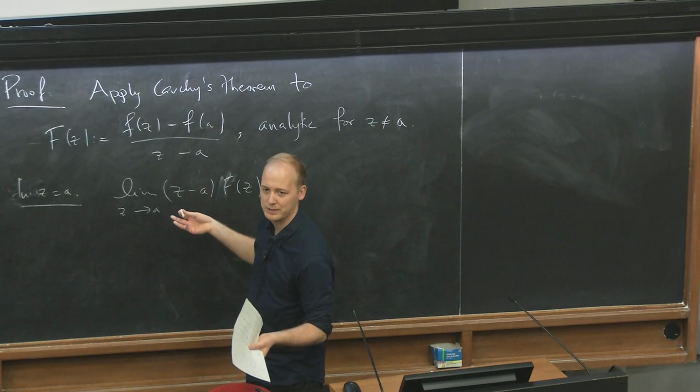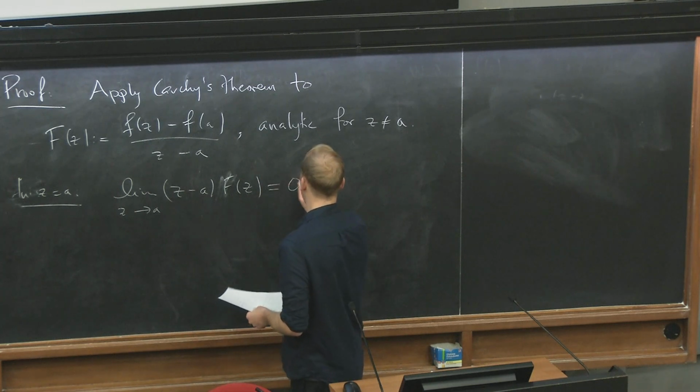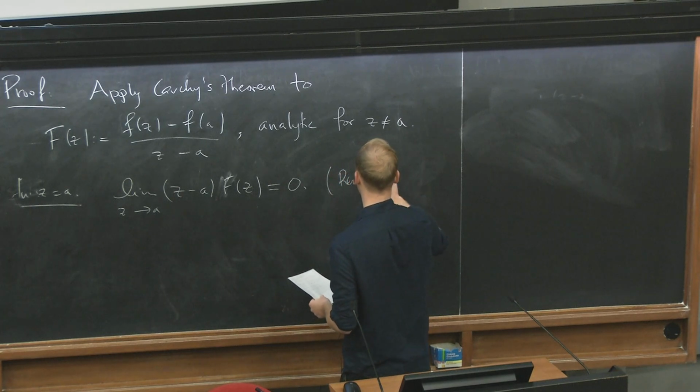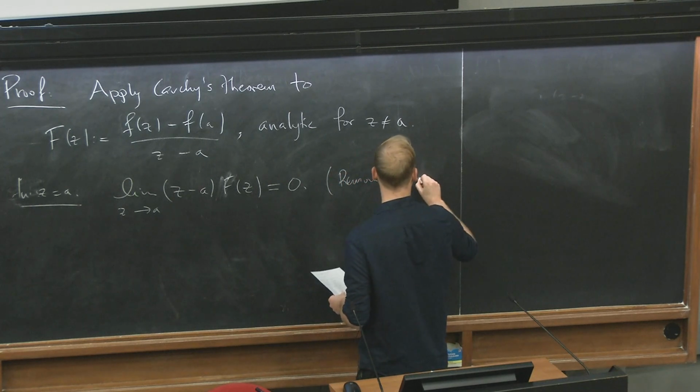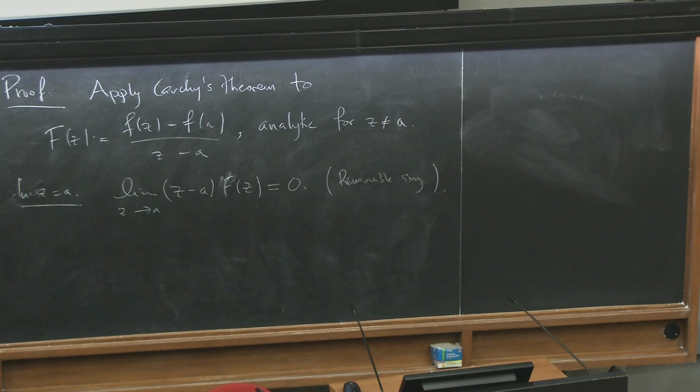Well, of course, what is this limit going to be? It's going to be 0, right? So this is equal to 0. So it means that we have a removable singularity, but we don't know that yet. All we know so far is that we can apply theorem 2. Okay. So by theorem 2,